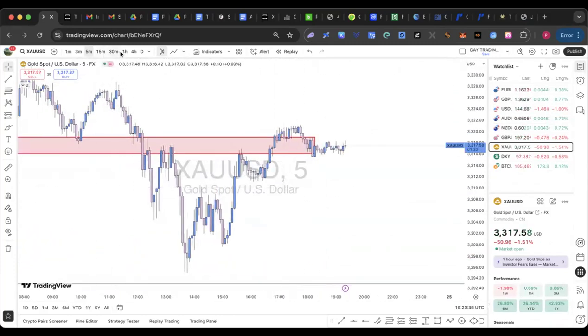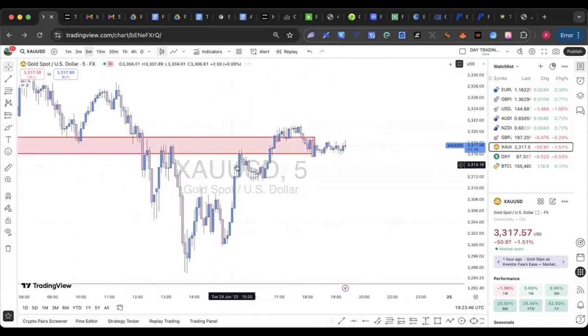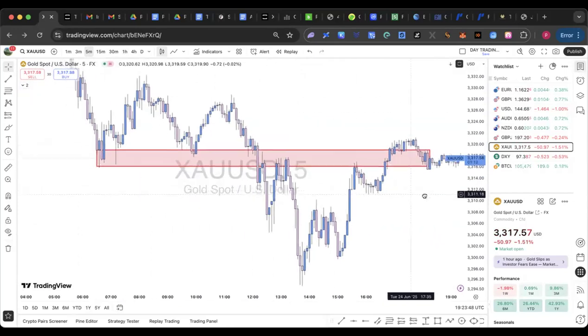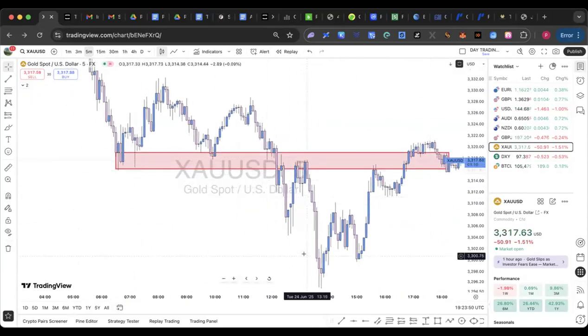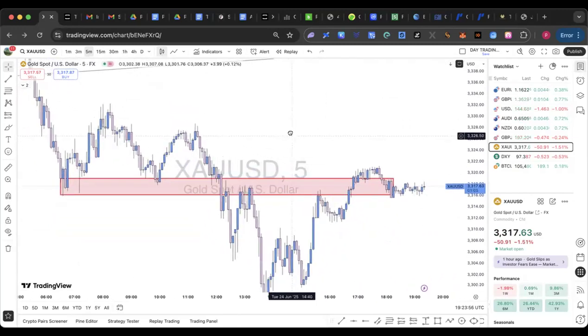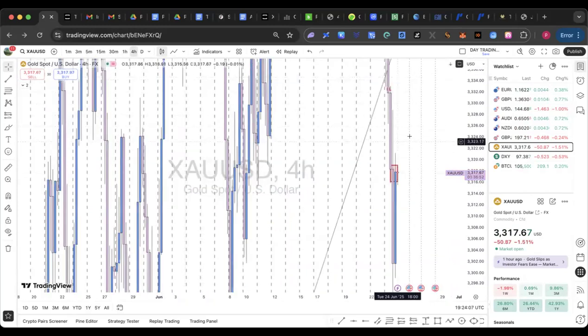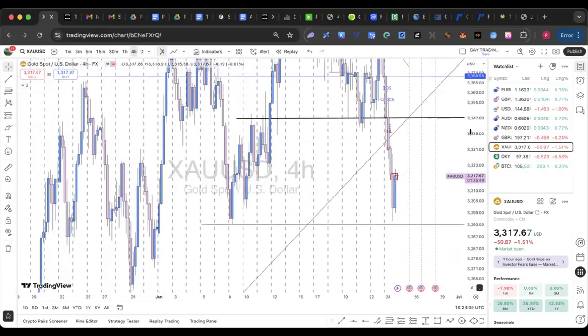Okay. If you go to 1 hour and you see on my 5 minute and 15 minute time frame, I have this marked for gold. Before it broke this point, I was capping buy, sell. And then when it finally broke this, I was looking for a sell to this point. Okay, so what do we have on gold ordinarily? Let's look at the 4 hours, for instance. Here you can see that